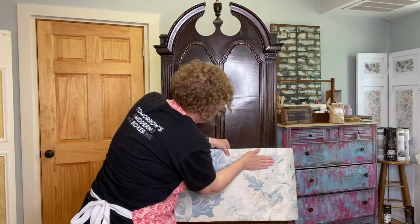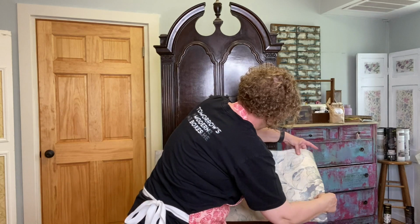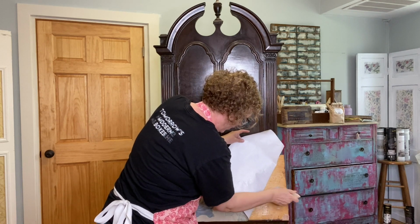And I'm going to welcome a few wrinkles in this because it's meant to look like it's vintage. I'm going to put a little bit more of the gel in this corner. And so the wrinkles will just help